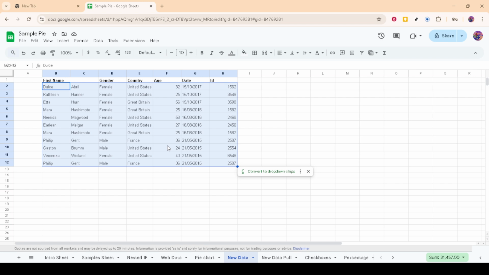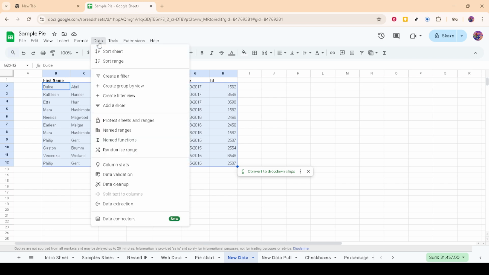Once you have selected your desired range, look at the top menu of your Google Sheets and click on Data. This triggers a drop-down menu offering various options for data manipulation. From this drop-down menu, you want to select Sort Range. This action will allow you to specify how you want to sort your selected data range. It's a crucial step, as it opens up the advanced options necessary for sorting based on specific criteria.